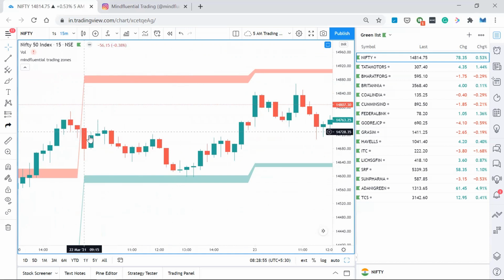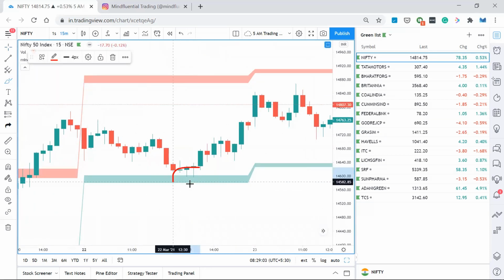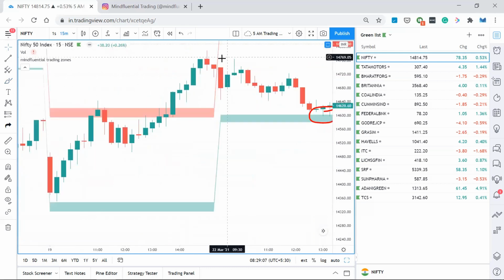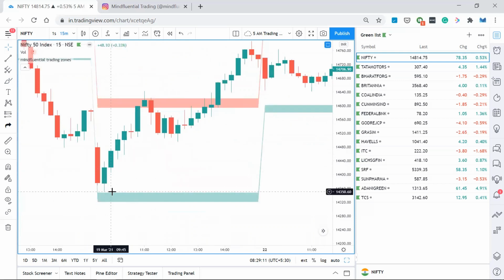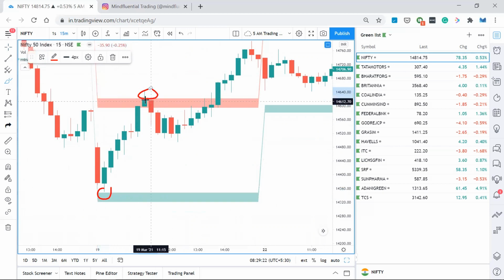One thing is, whenever the price or candle reaches this particular support zone, it will react and the price might go up. It's not always that it will go up, but see this place, the price reacted and then went up. Like that, there could be different scenarios, like on 19th March. When the price reached this place, it went up till here, and again there was some resistance, and once it broke the resistance, the price went up. So these levels will act as a strong resistance or support zone. It will act as a trend changer.